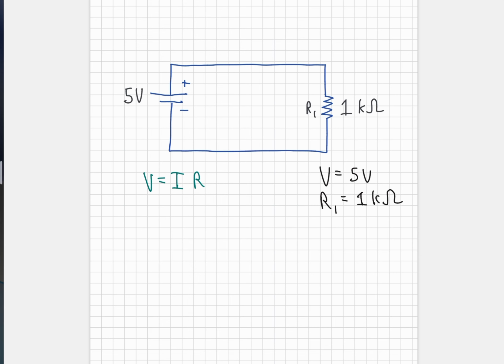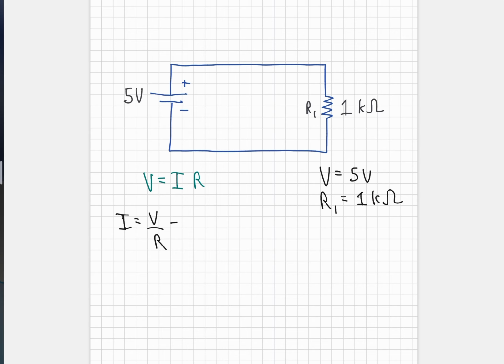Now we want to find the current. So we have our equation, and to solve, we'll do I equals V over R. It's just pretty much manipulating Ohm's law right here. Ohm's law is right there. If we manipulated that,